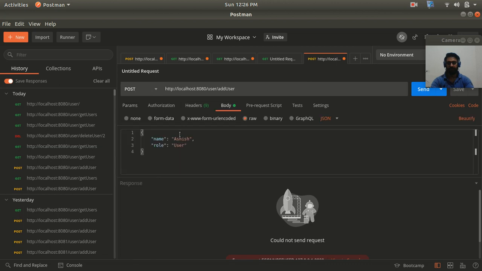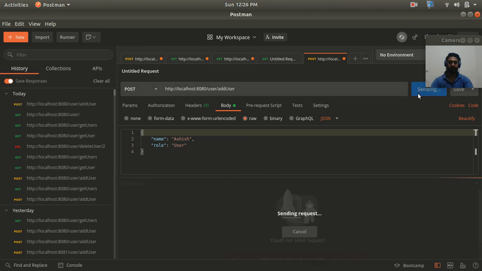Inside the body I have written Ashish, and this is the user role. Here, guys, the ID is auto generated, so I'm not passing the ID in the JSON format of my request. I'm passing only the user's name and the role. So this is the POST method, user add user. Let me hit the send button.